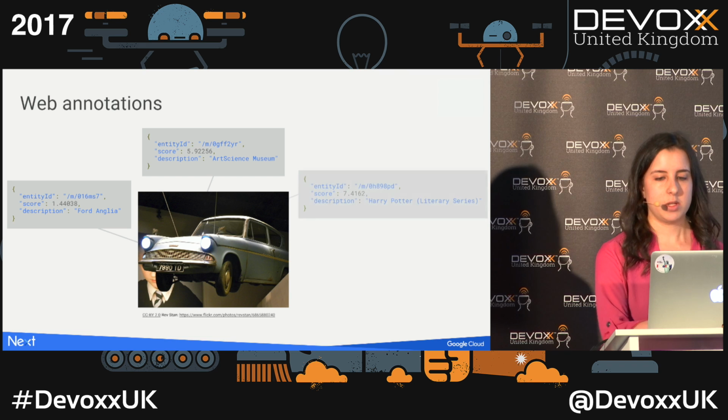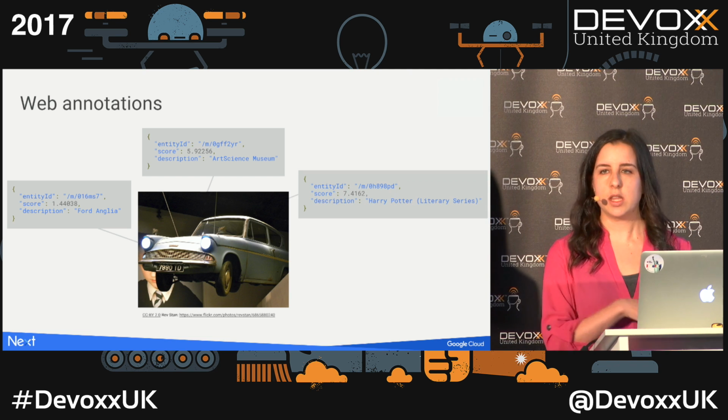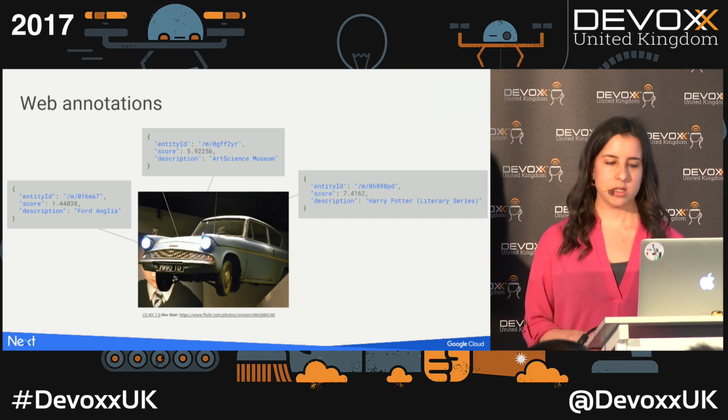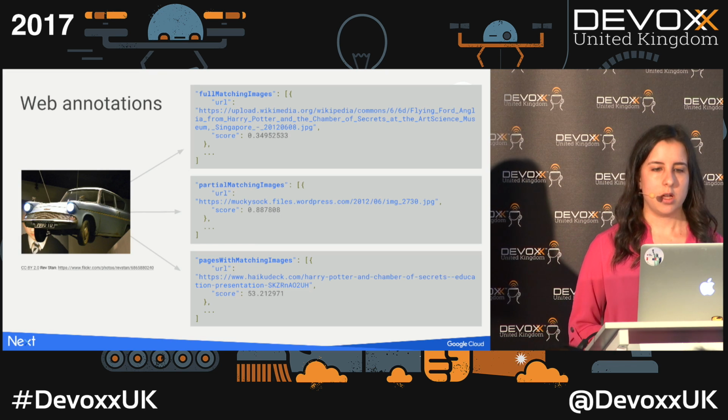And finally, it was also able to tell me that this is from Harry Potter, the literary series. All this just from sending the API the image, getting a bunch of data back. So these are the web entities. In addition to the entities, it gives us a lot more data on what's in the image, so it can